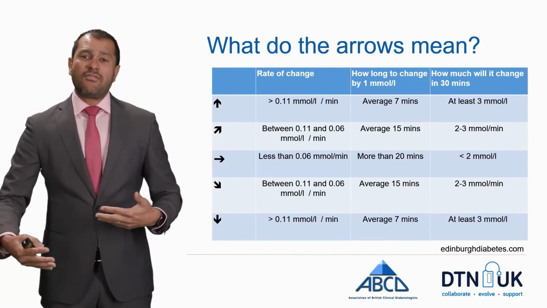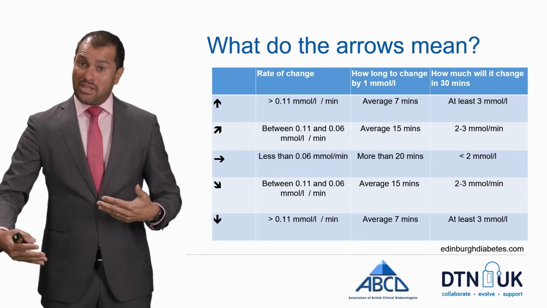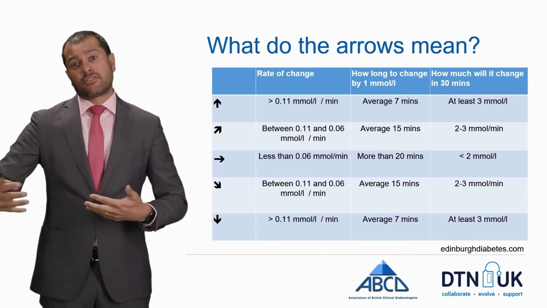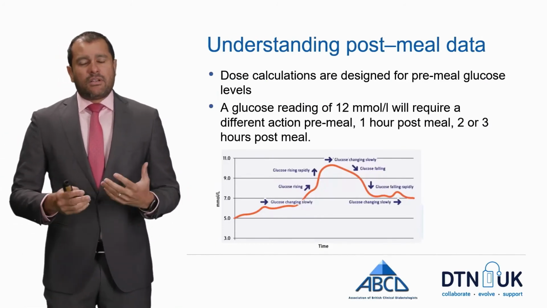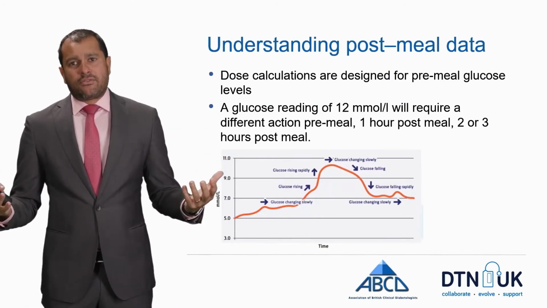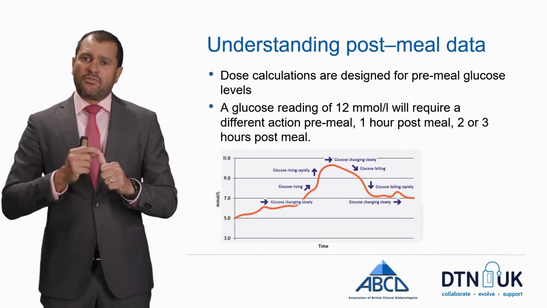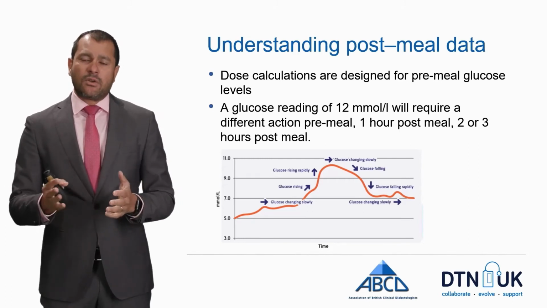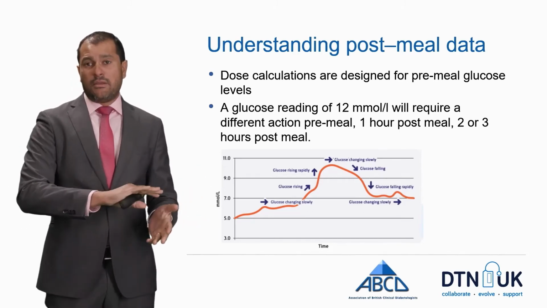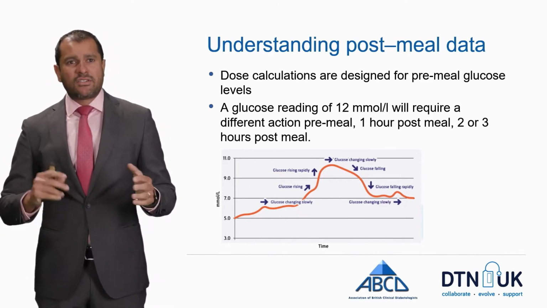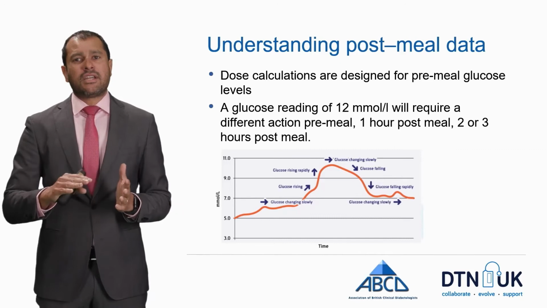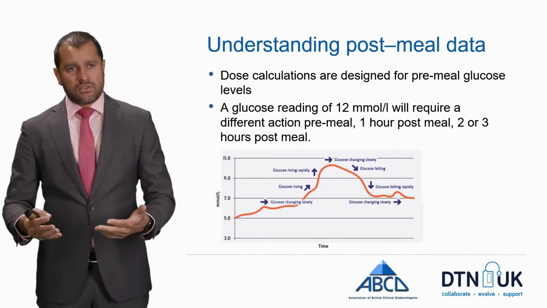And in the next half hour, you're going to drop by at least 3, and on average, about 5 to 6 millimoles per litre. And so if you look at Libre data, in the past when you were doing your finger pricks, most of those readings were pre-meal. And with the Libre, most of the information it gives you is after meal. And so you can start thinking about how to use that data to make proper decisions.